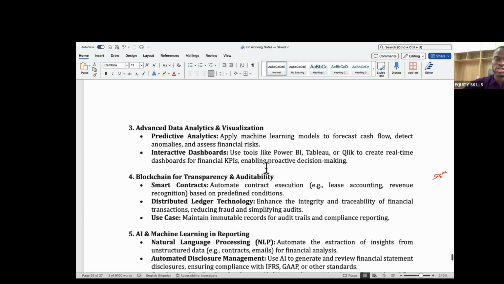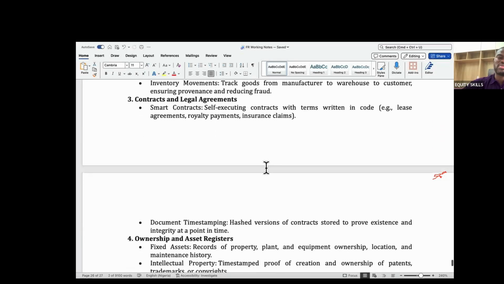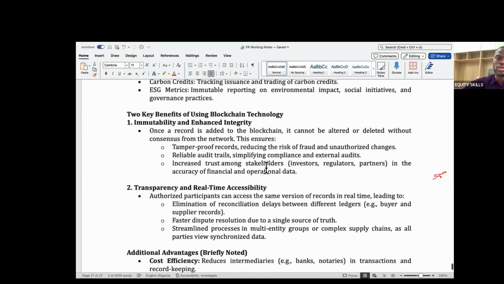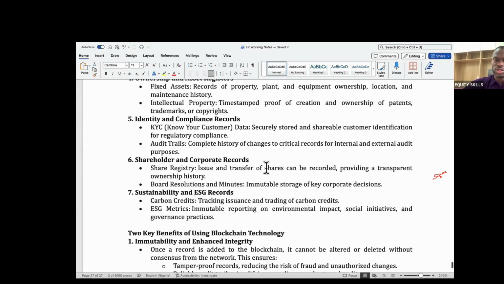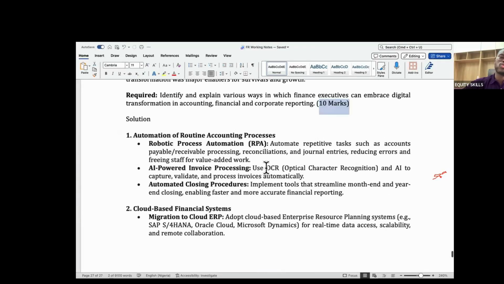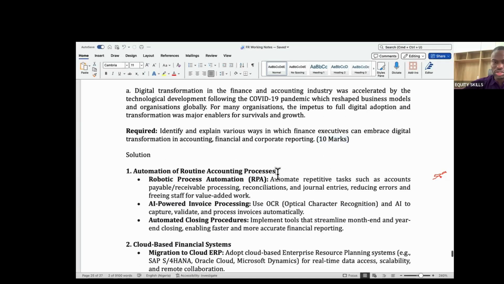So just take your time. I'll share this note with you. Keep it in a very important place. Look at your past questions, solve past questions. We have done one of the most important topics in your syllabus today, almost 15% or 20% of your syllabus: ethics in reporting and technology in reporting. So revise it and make sure you take care of it.